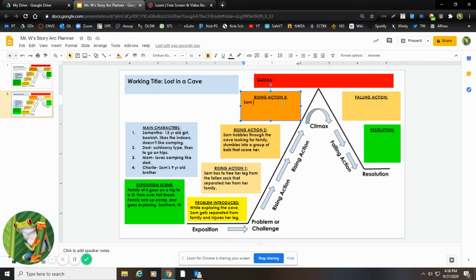So she had to free her leg from some fallen rocks. She's walking through this cave. Her leg hurts. She stumbles into a group of bats. The bats scare her. They fly around and such. Sam, let's say Sam is sad. She's exhausted. Sam drops to the floor and cries